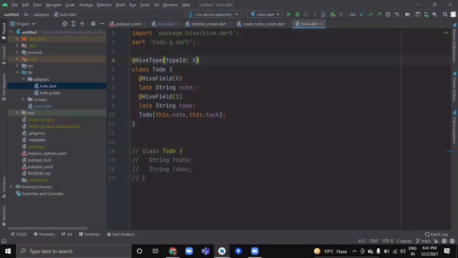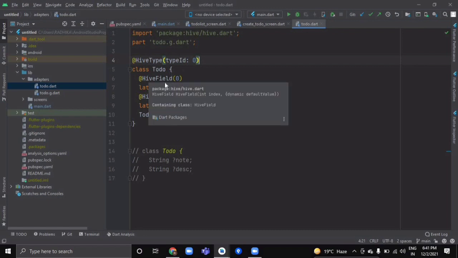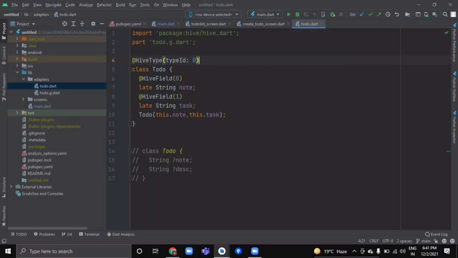Now after this you have to write the properties that you want inside your todo, which are note and task, and before every property again you have to write an annotation of HiveField, @HiveField, and over here you have to give the positions. These 0 and 1 are nothing but the index numbers of those particular columns of that object.